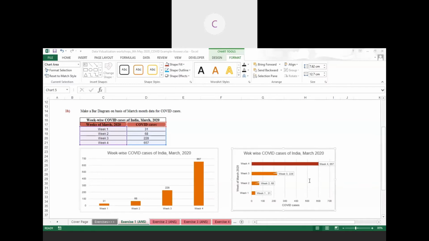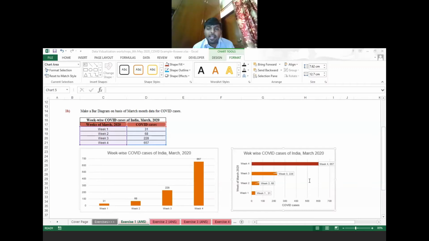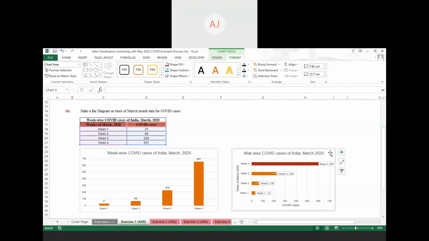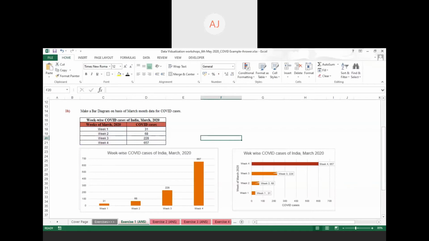So I'll give you 5 minutes for making this first type of chart. Because making the chart is not only completing the thing. You have to complete the chart with so many extra elements. Please make that chart and let me know in the chat box, then it will be easier for us to move forward. Make your chart within 5 minutes and then let us know, please.